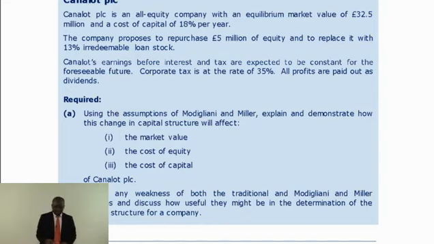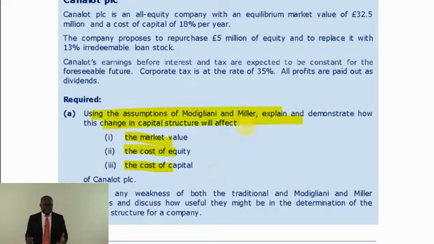The B should be straightforward. They are just basically the assumptions and the fact that we don't live in a perfect market. So there will be bankruptcy costs, there's agency costs, there is tax exhaustion, debt capacity and all that, as we saw up there. So I'm going to concentrate here, straightforward. As I keep telling you, this is lecture note. There's a gap because here we are teaching you everything. In the room, the examiner expects you to bring all of them. And as I told you, the examiner is not likely to tell you to use the principles of Miller and Modigliani.